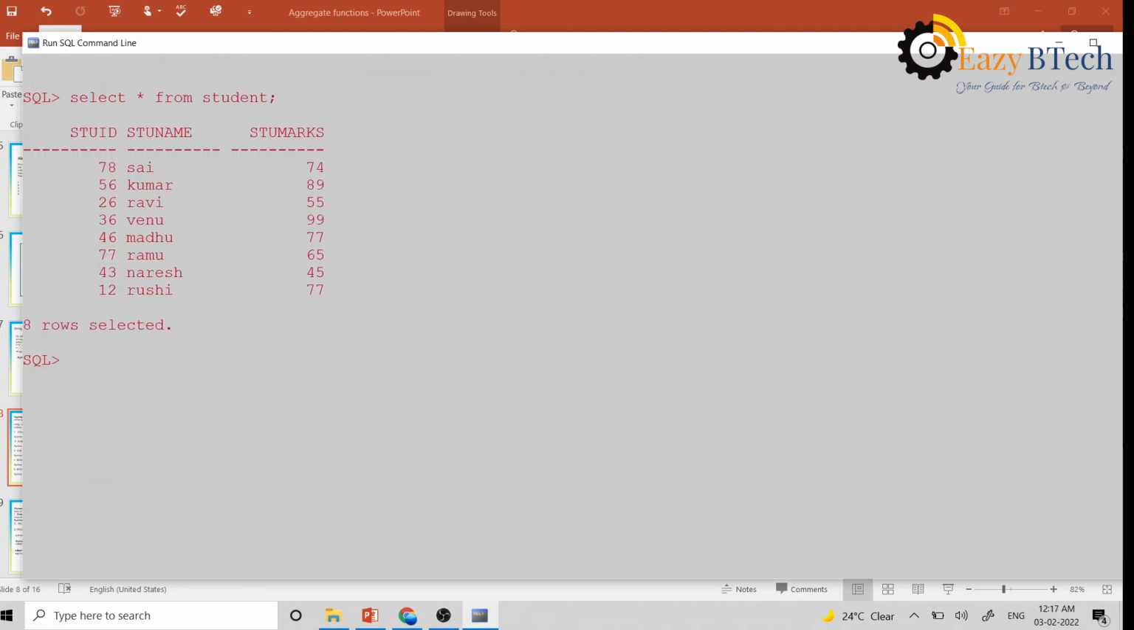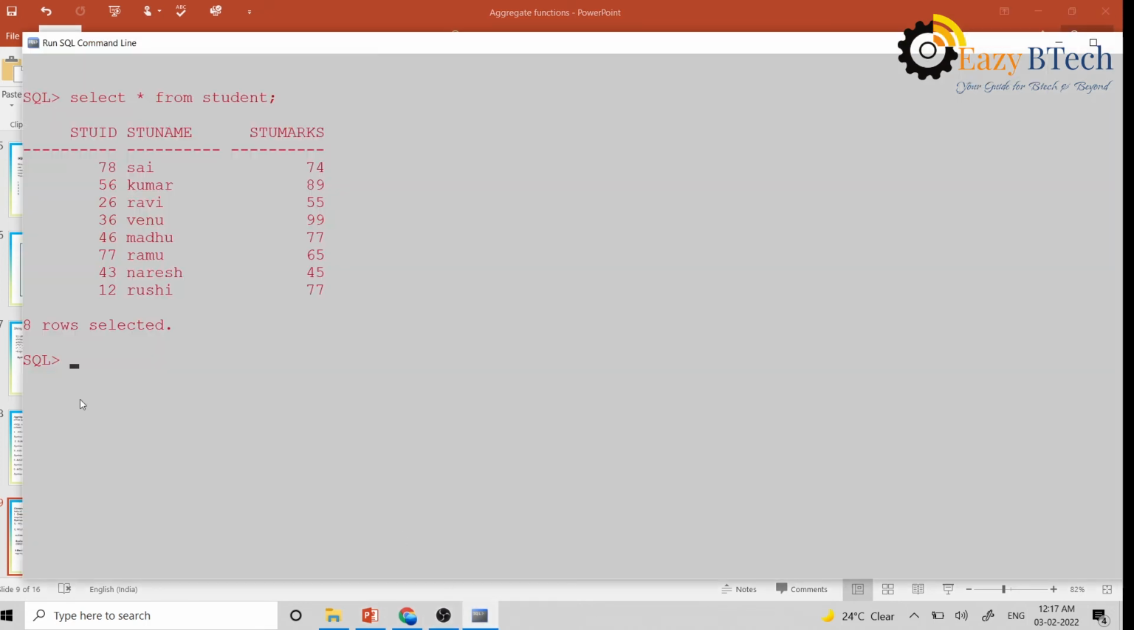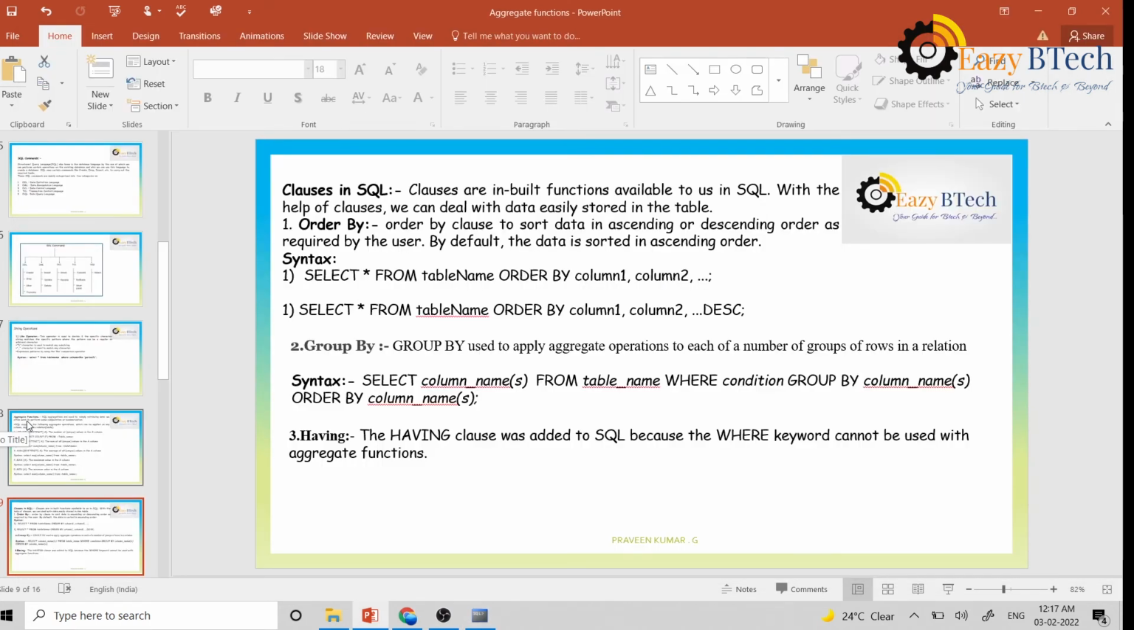Now I want to arrange in ascending order. Ascending order or descending order. That's why here: select star from. Here these are the clauses. Basically, what we discussed, SQL operations are also called clauses, such as NOT IN,